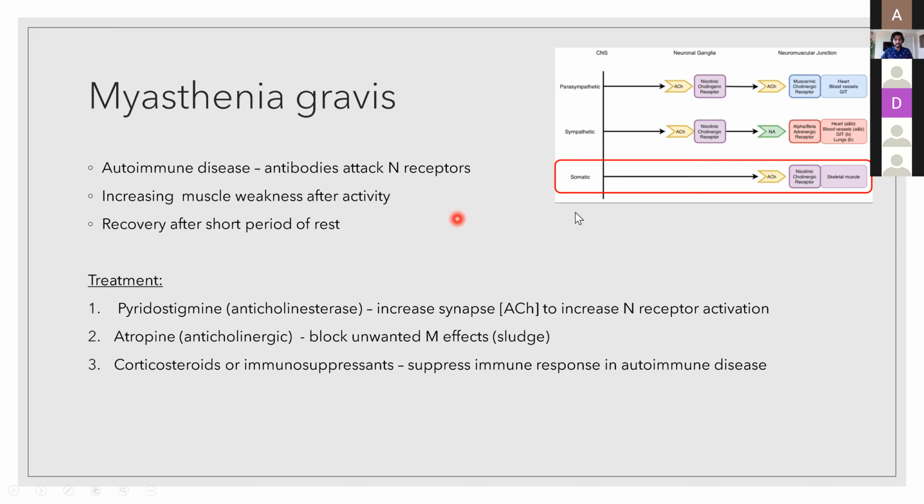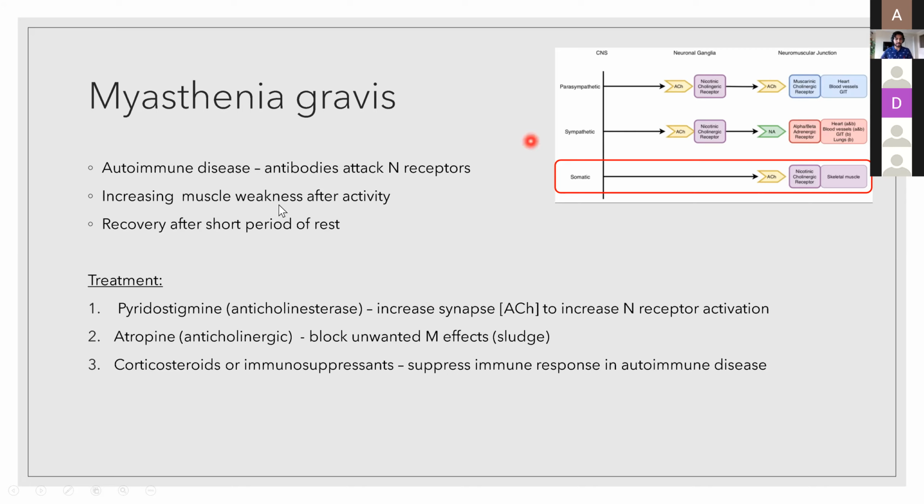So how do we treat this condition? We use pyridostigmine. Remember, we were stopping the breakdown of acetylcholine at this junction, so we can increase the stimulation here. We have more to stimulate these receptors, so that helps. But what we find is pyridostigmine, remember, works at both nicotinic and muscarinic receptors. So we're starting to have an overstimulation of the parasympathetic nervous system when we only really want to work at the somatic. So that's why we have atropine, which is an anticholinergic specific to muscarinic receptors, and we can block